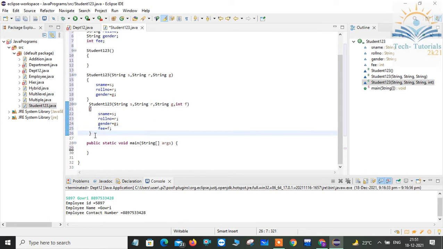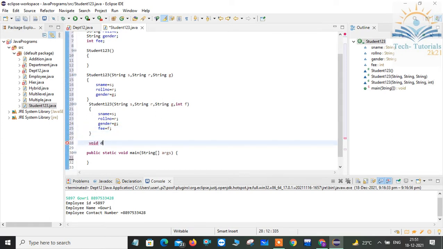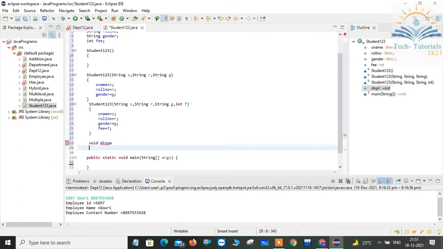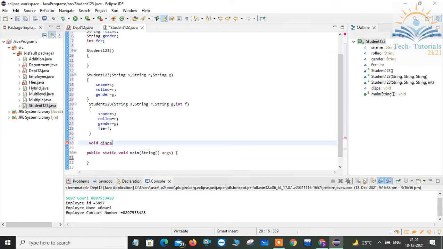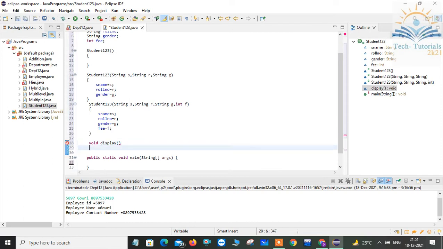Now I have a general method. I just write it as void display. By this method I'm going to display all the data members of my class student123. So this is a display method.